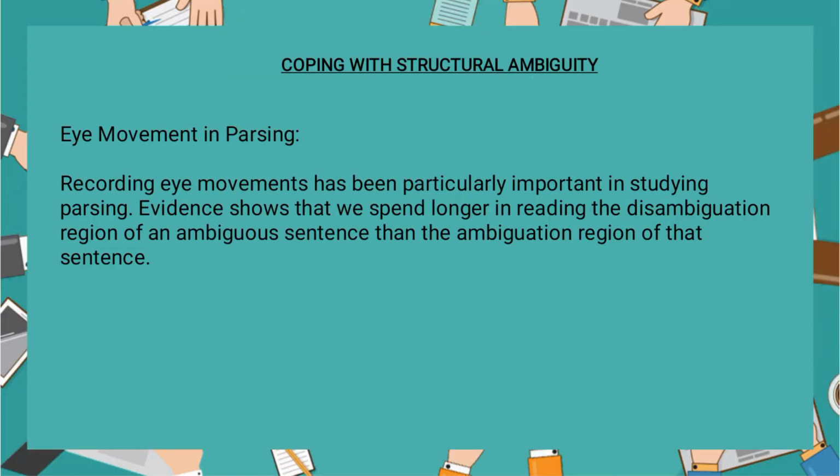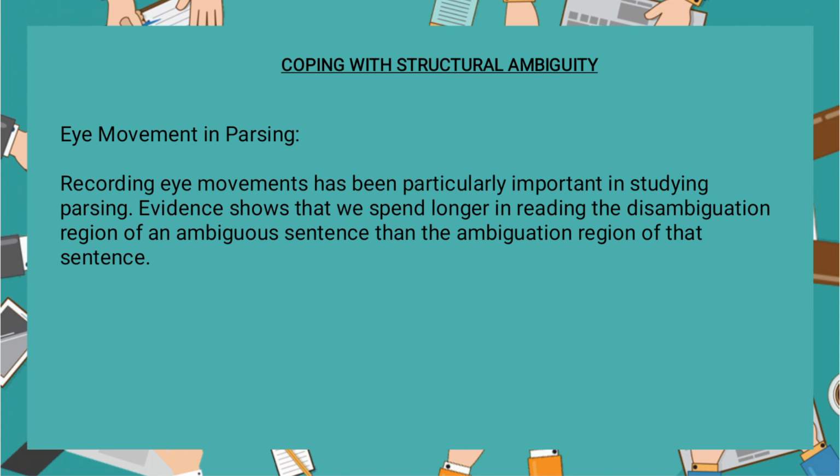Next, this tells us that our eyes aren't just passively scanning the words, they are actively involved in understanding the sentence and resolving ambiguity. By studying eye movements, researchers can gain valuable insights into how our brains process language and make